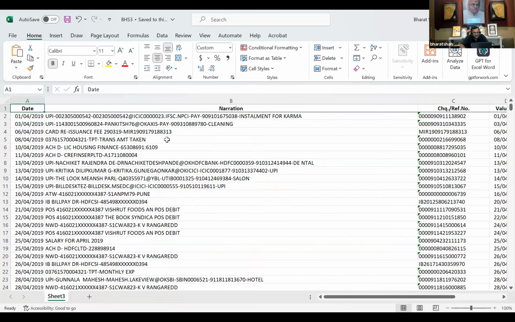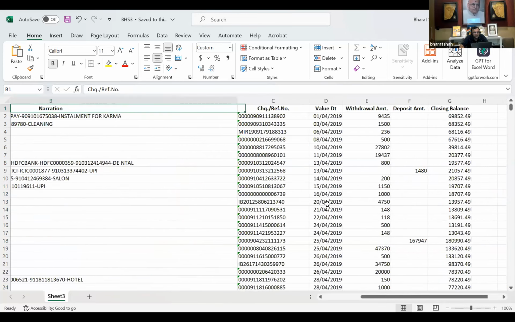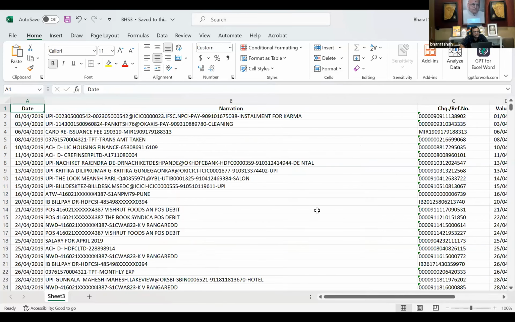So this is my base data which is in Excel. I hope everybody can see that. This is nothing but a common bank statement which everybody would have. Now here, the main challenge is that to visualize, we would first have to get this labeled.